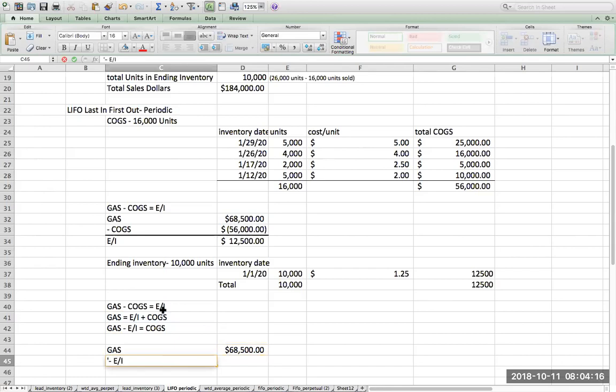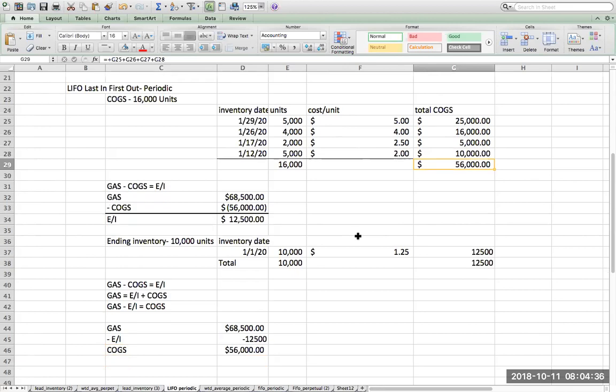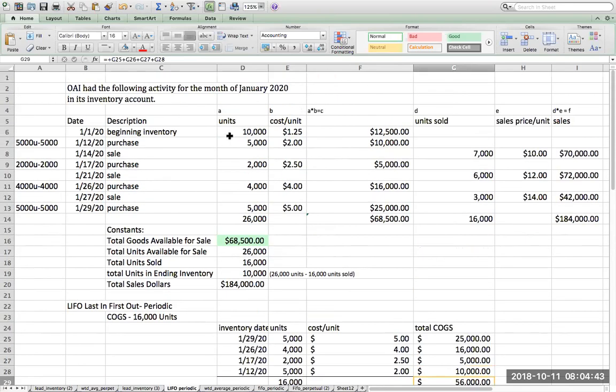minus my ending inventory, which is going to be, I really need to take Microsoft Excel at Irvine Valley College, and this will give me my cost of goods sold. Now, this number here is the same. Again, there are lots of different ways to do these types of questions. You just need to figure out which is best for you. However, in any event, what you need to be doing is basically calculating it both ways.